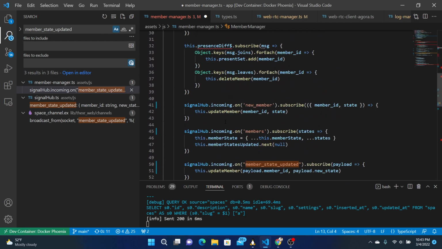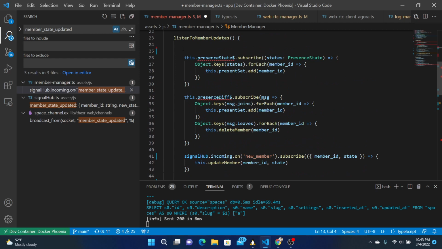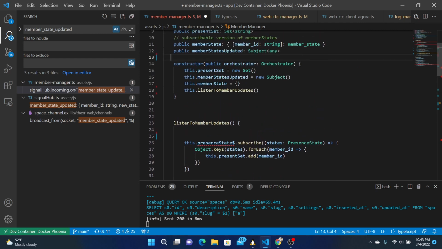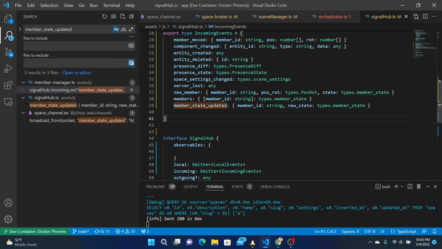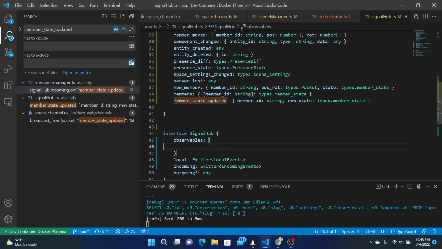So I feel like we need to not maintain a list here. But maybe listen and then transform this into new observables. We can, let's see, signalHub. You're listening to incoming events. And then you can have some observable for